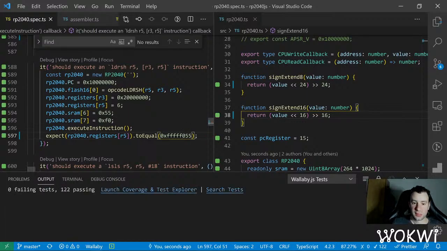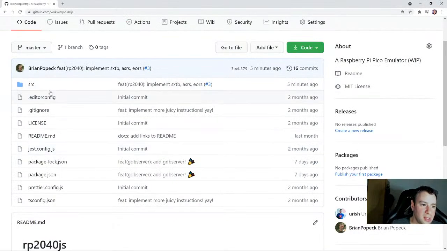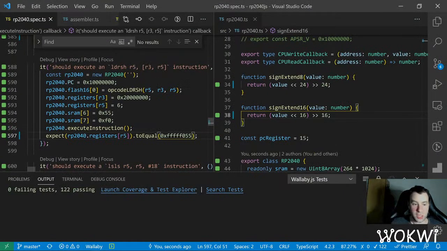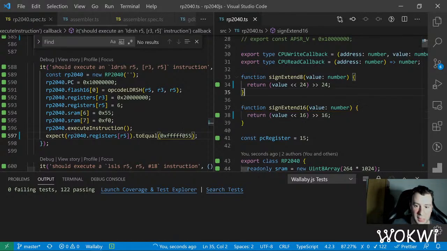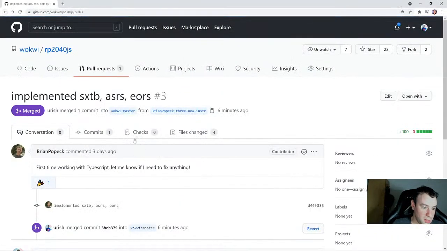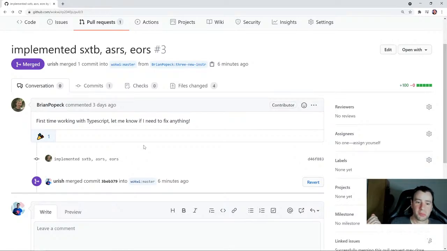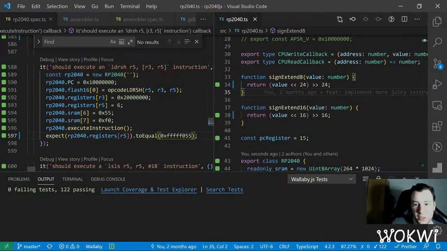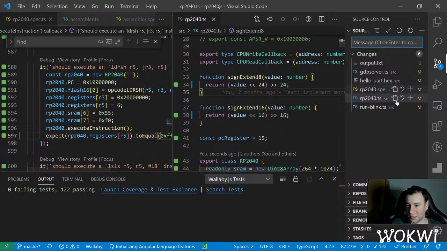So great. Not only Brian helped us implement 3 instructions, but he also helped us find 2 bugs that would have probably haunted us someday in the distant future and tortured us for, I don't know if minutes or half an hour or I don't know how long. But anyway, thank you so much, Brian. That's a great job. I mean, first time working with TypeScript, and you did it really well. So thank you. And now let's commit that and